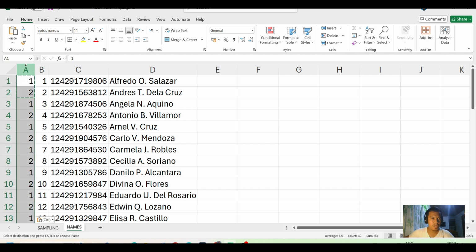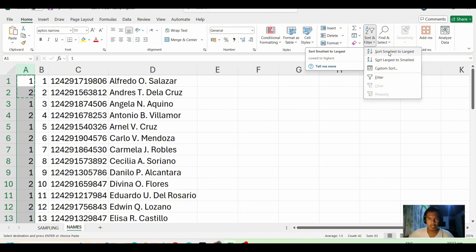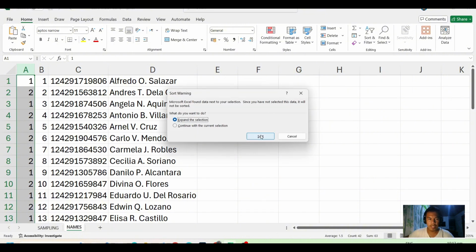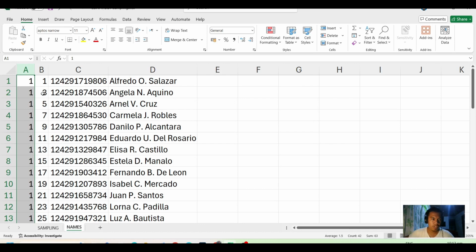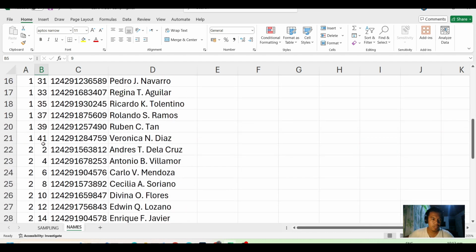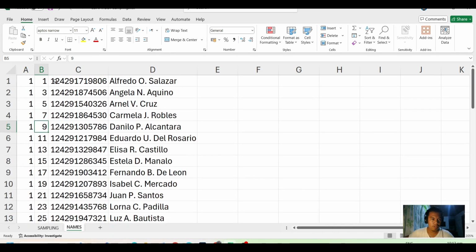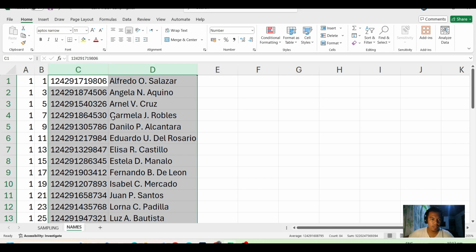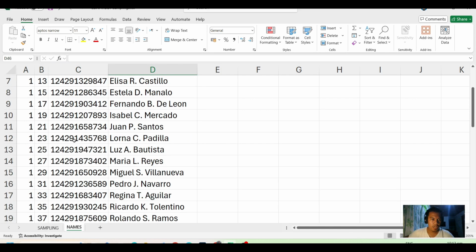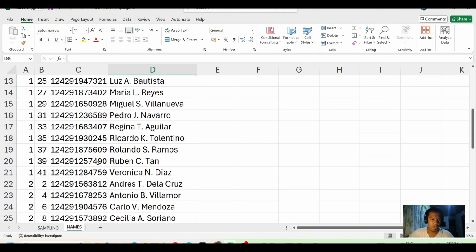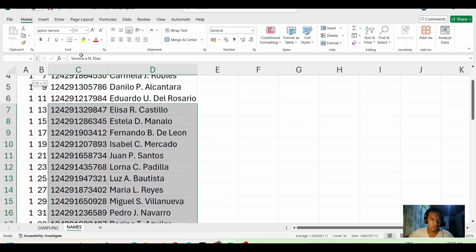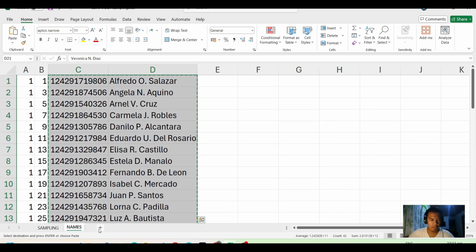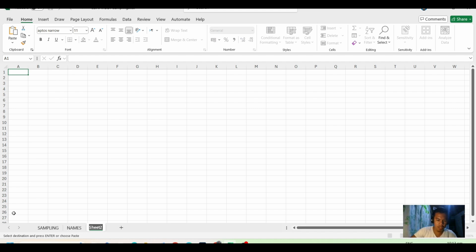So we will sort this first column from smallest to largest. Expand selection, so it will automatically choose all the odd numbers. All we have to do now is copy these learners listed in the odd numbers and paste them on the new sheet.